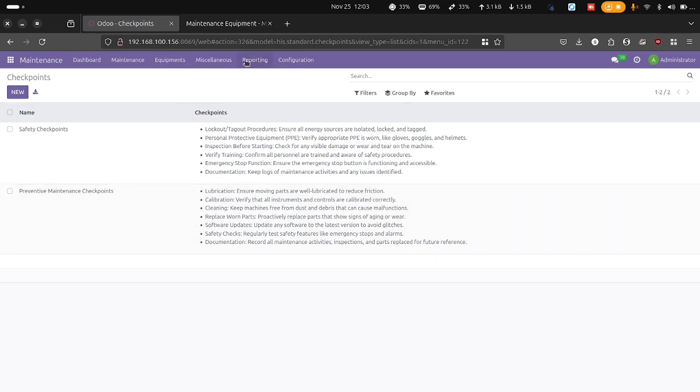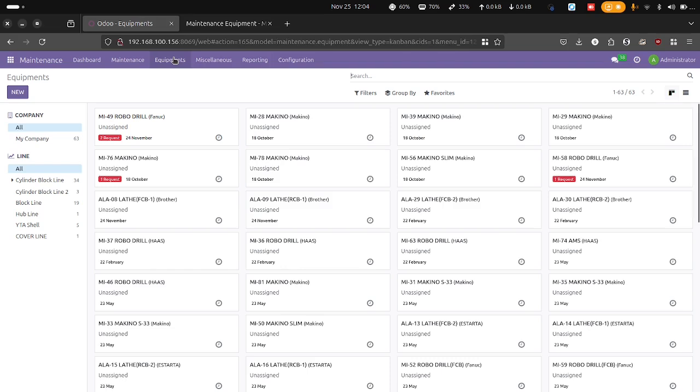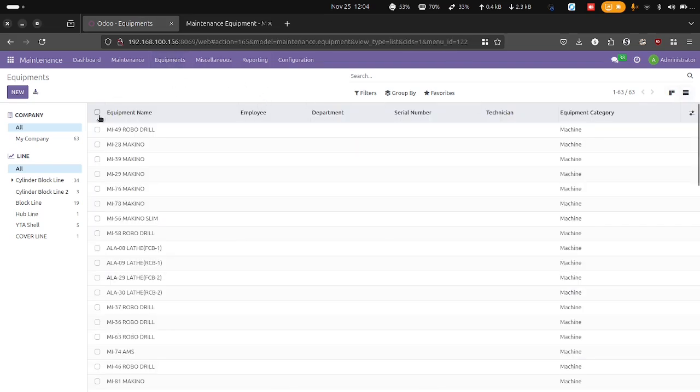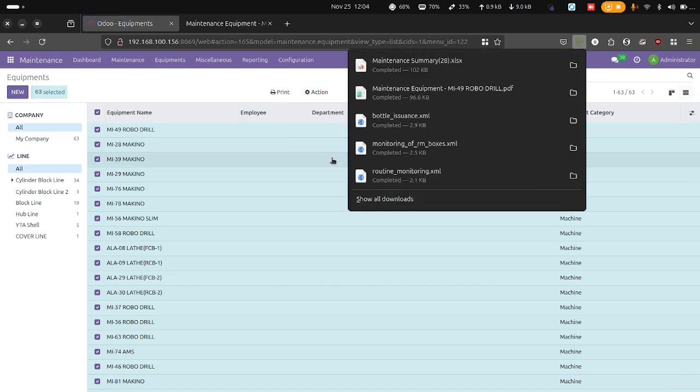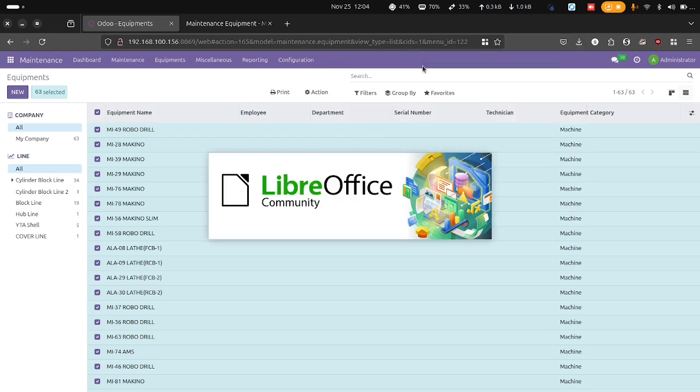Now we will be coming to the reporting section. So for that, we can download a complete report for our maintenance summary, all the maintenance requests, and for a specific machine too, and for all the machines. Currently I'm showing you for all the machines. So once we have opened this one,